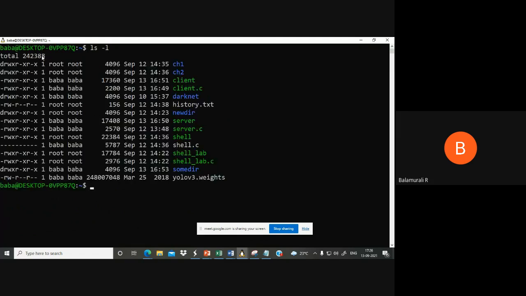here when you give ls -l, you can see this d represents directory. Okay, which means that this ch1 is a directory, so it is coming here as d. If it is a file, it will be a hyphen. So this client is a file, it's an object code. Client.c is a file, so here a hyphen is coming. Okay, then rwx, see the first rwx represents